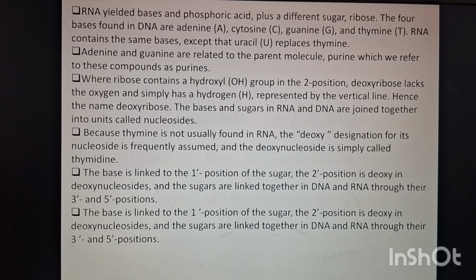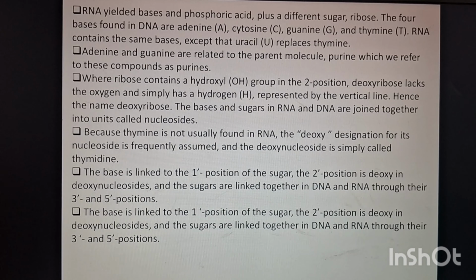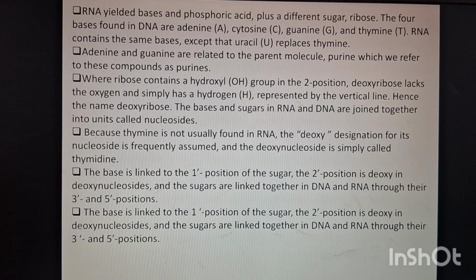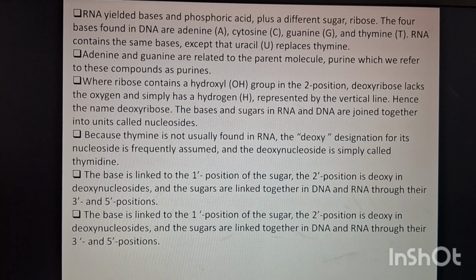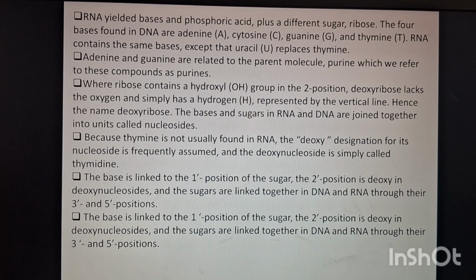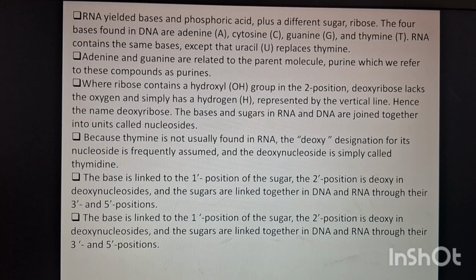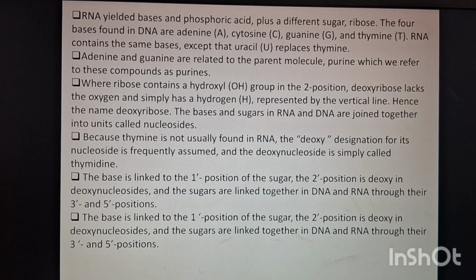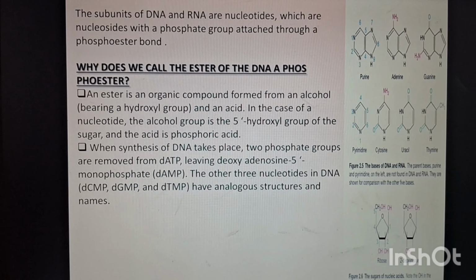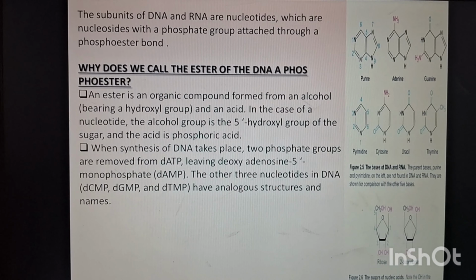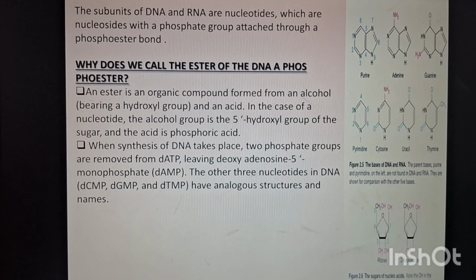The base is linked to the 1' position of the sugar. The 2' position is deoxy in deoxynucleosides, and the sugars are linked together in DNA and RNA through their 3' and 5' positions. Next, the subunits of DNA and RNA are nucleotides, which are nucleosides with a phosphate group attached